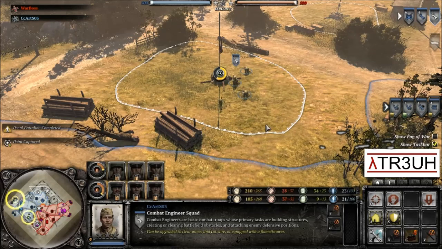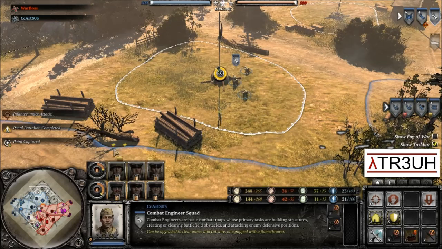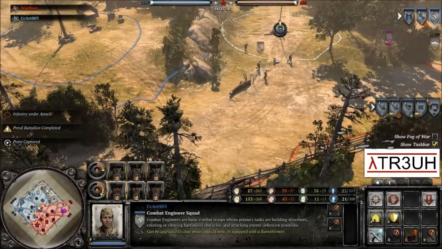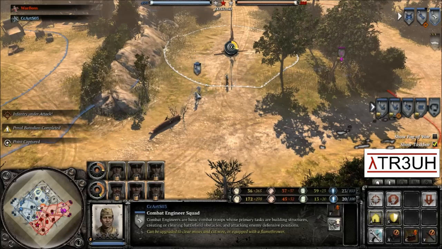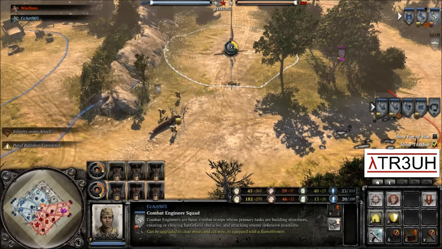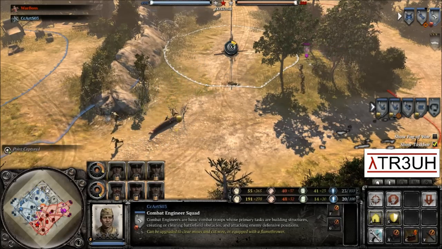As far as the German player, he is not currently doing anything. WarBoss, well, as far as producing, he currently has 2 Grenadiers, 1 MG, and his initial Pioneers. We do see an engagement down here at the south. This is between combat engineers and Grenadiers. The engineers are going to lose that quite